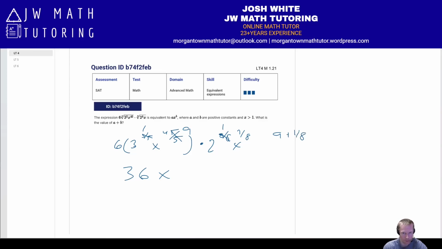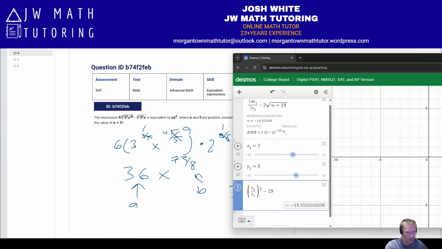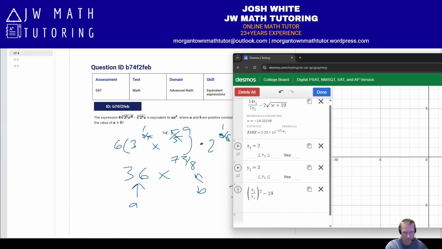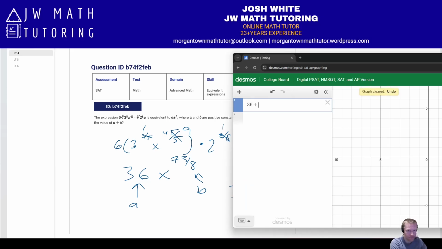So you could just go to Desmos and do this, or you could do the fractions, and it's 72 over 8 plus 1 over 8. It's 73 over 8. So this is your A, this is your B. We're just going to add 36 plus 73 over 8. That is our answer that we're looking for. 45.125. What you have to be careful with now is you're only going to be allowed to fill in 5